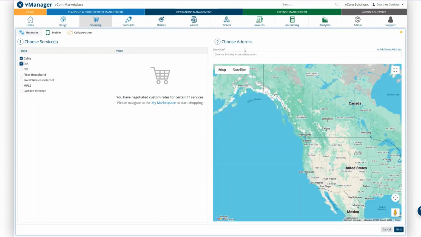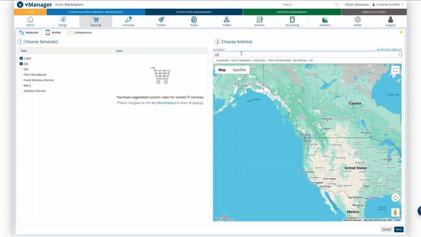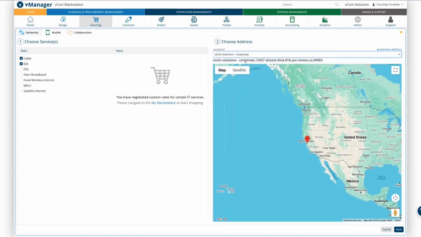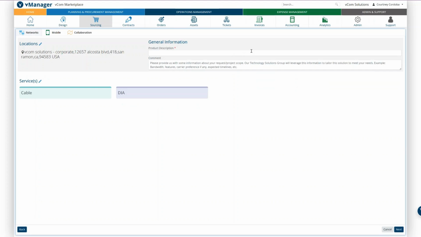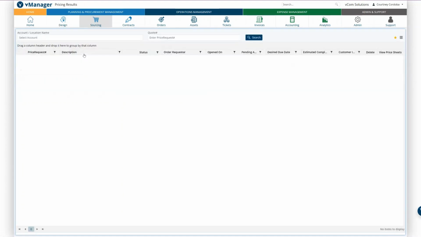You make your selections, and obviously network technology shopping is a bit different, which is why it has a different flow from mobile, but you choose what you want to shop for. Choose the location. You can even add a new one if it's not in here, and let us know any information that we may need to get you the pricing that's most relevant for you. Now, ultimately, once you submit this, the feelers go out, and then you have a price results